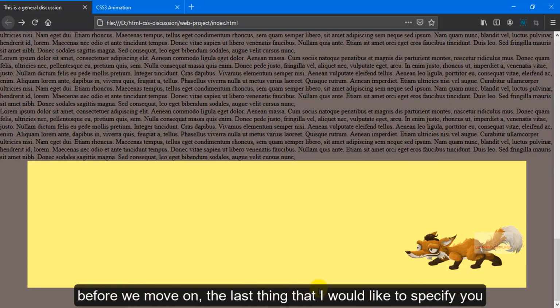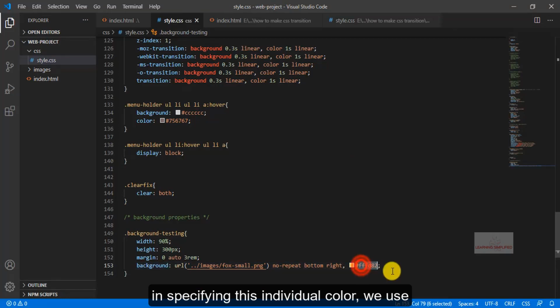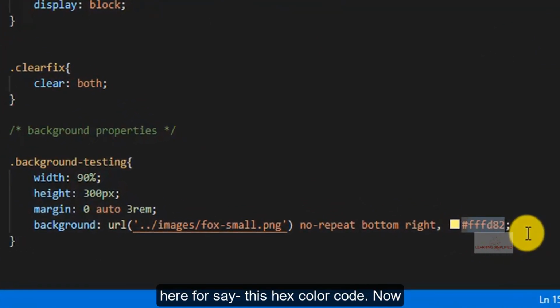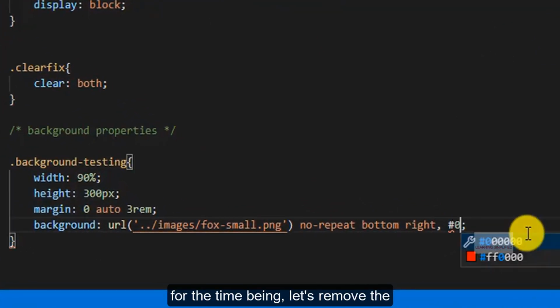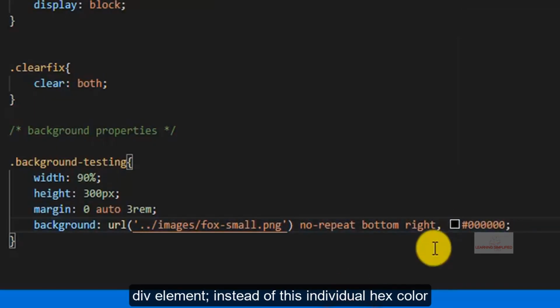Now before we move on, the last thing that I would like to show you is in specifying this color. We used this hex color code. For the time being, let's remove the color that we had used, turning it into a black div element.